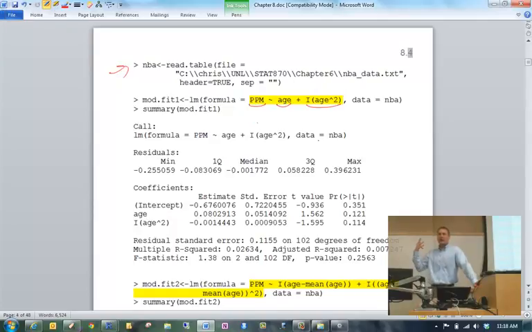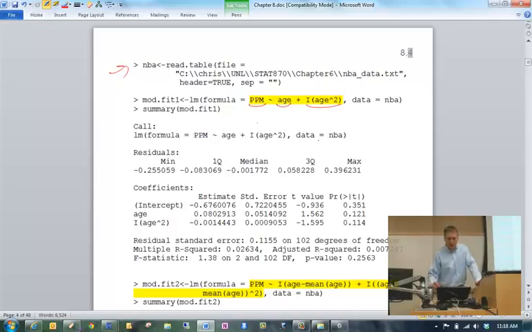It's just the syntax that you need to use with R. You'll see a little bit later on, probably today, why in fact we have to put that I parentheses around the age squared part. Can't just put age squared itself.